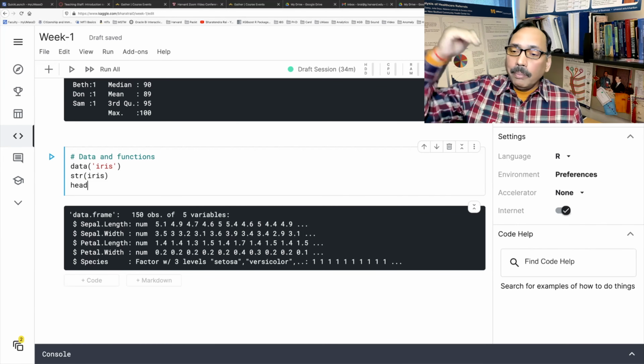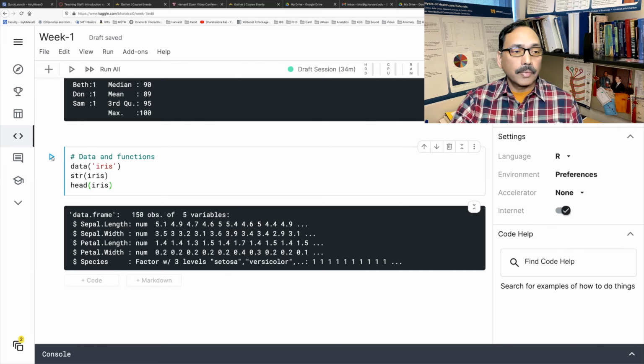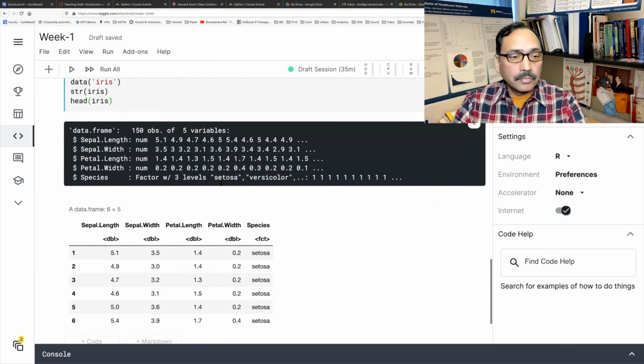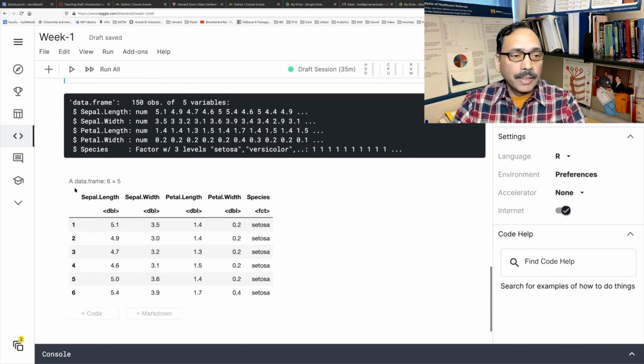So head means the beginning. We also have a function called tail, so we'll use it later. But if you say head iris and then run, because of this function head iris, it gives you first 6 rows of data.